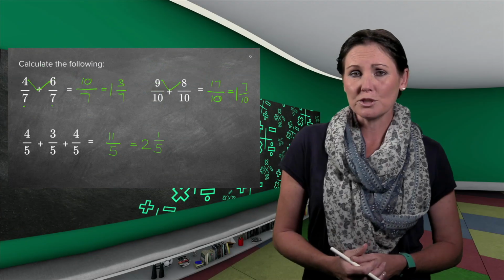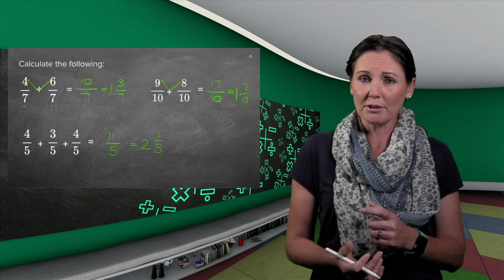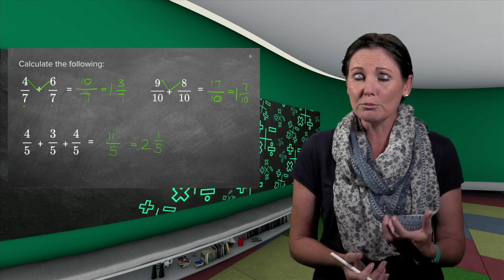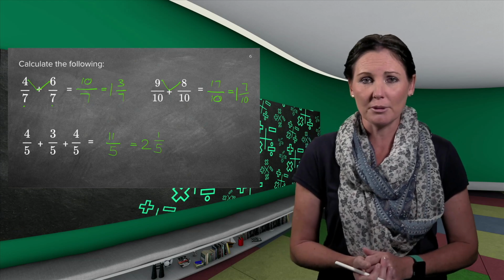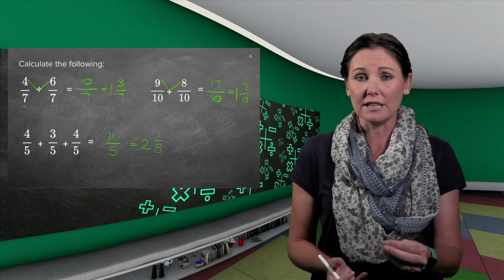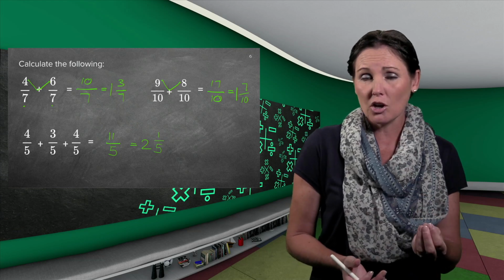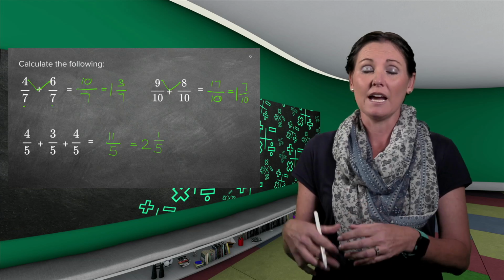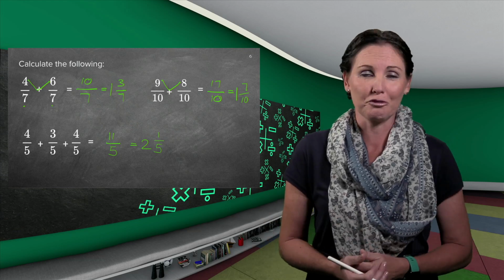So very important to know when we do addition for common fractions, the denominator needs to be the same. If my numerator is greater than my denominator, I have to write it as a mixed number. So I have to see how many times can I take my denominator from my numerator to make whole numbers, and then what's left will be your fraction part.